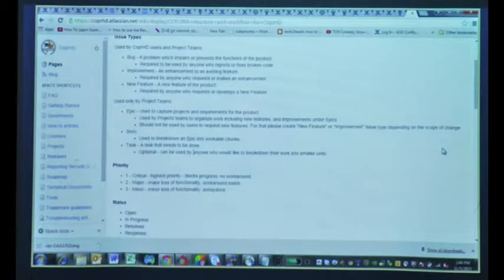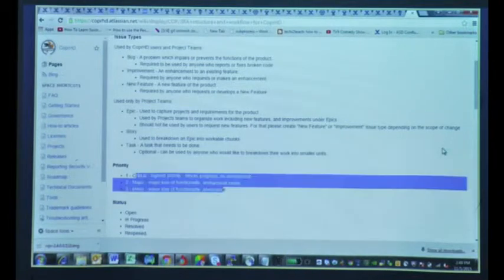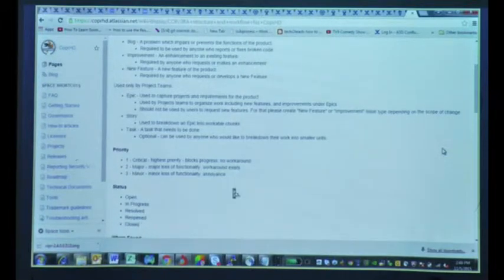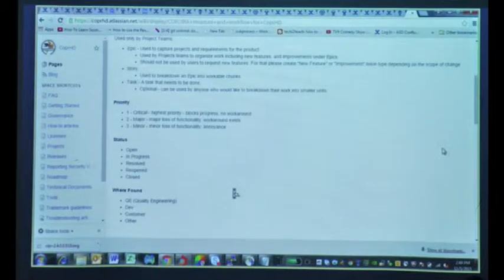The Jira basically comes in three priorities: critical, major and minor. Critical would be something like the functionality doesn't work or there's a blockage, major could be like the functionality is there but with a lot of flaws, and minor could be a spelling mistake or a small change. So this is the life cycle of a Jira.